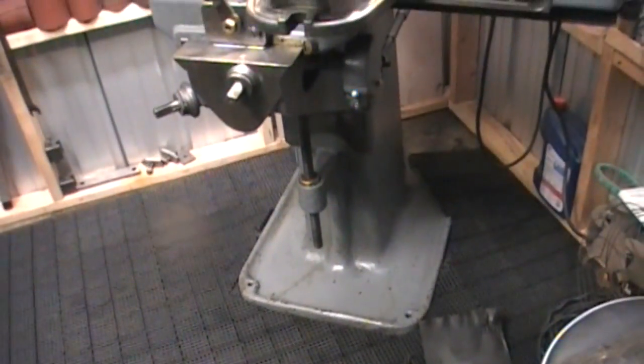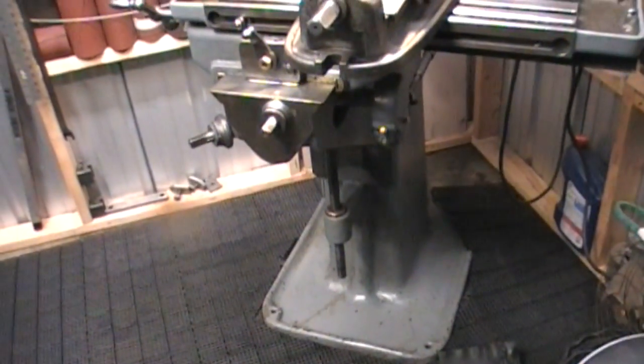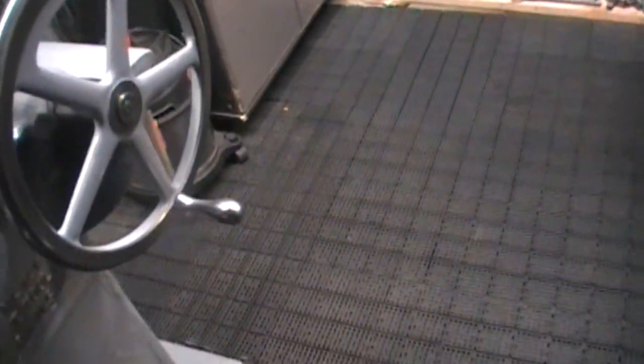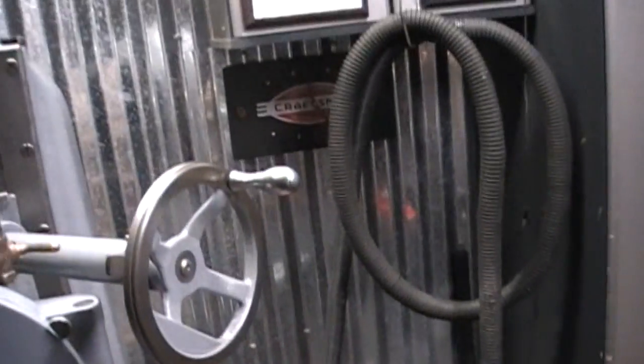I still have to trim that tile off on the right rear back there and put one more square in the corner. I got just enough tile to finish the area. And I hung my vacuum over here. I'll have to move my clock and a couple other things, but for the most part,